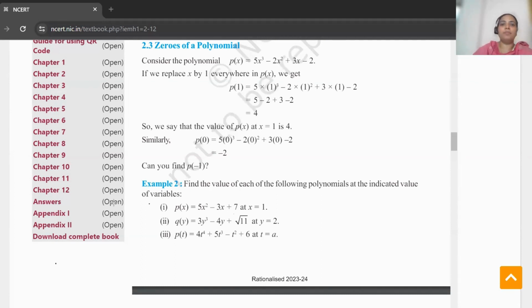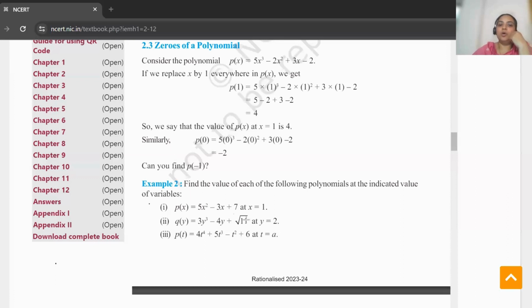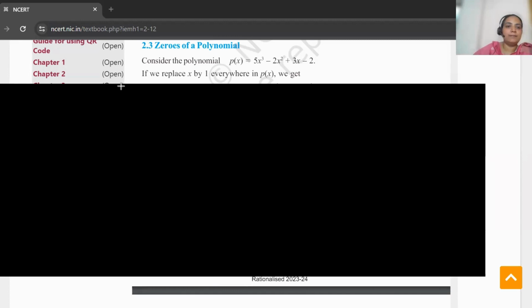क्वेश्चन नंबर 2 डिस्कस कर रहे हो अभी, राइट बेटा? तो अभी हम क्या कर रहे हैं, क्वेश्चन नंबर 2 के अंदर फाइंड द वैल्यू ऑफ ईच ऑफ द पॉलिनोमियल एज इंडिकेटेड। तो देर आर टू थिंग्स बेटा, one can be when the value of polynomial में you put the value there, जैसे कि I am making one block here to explain you this,